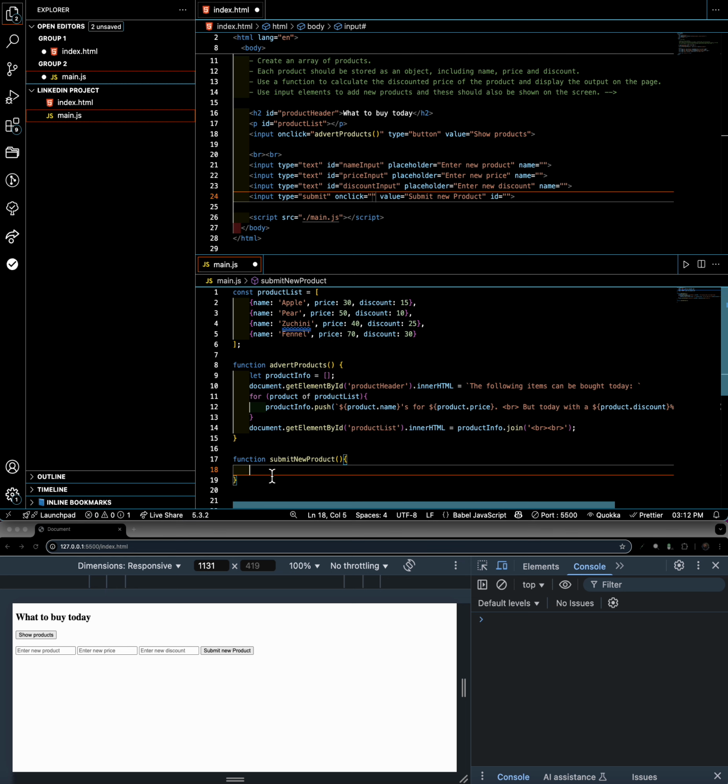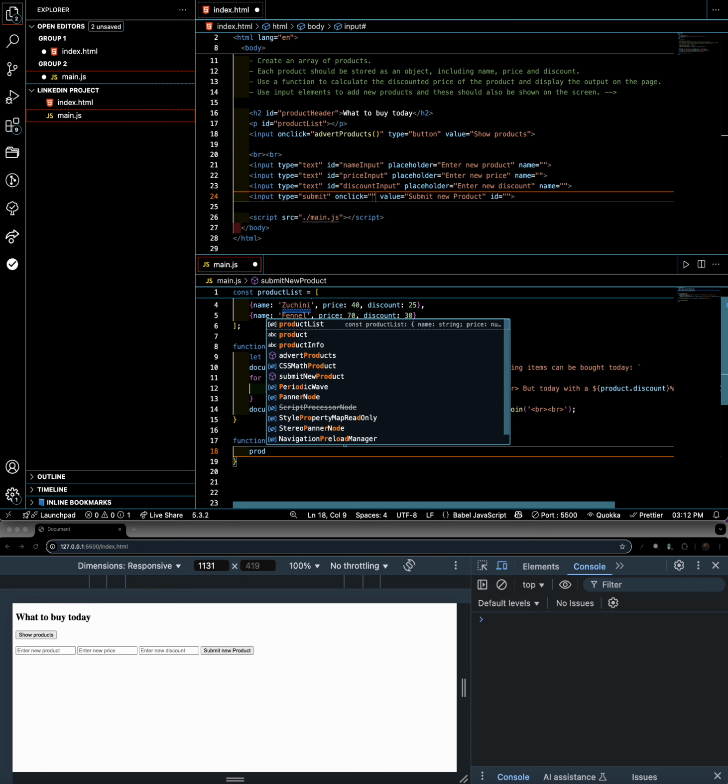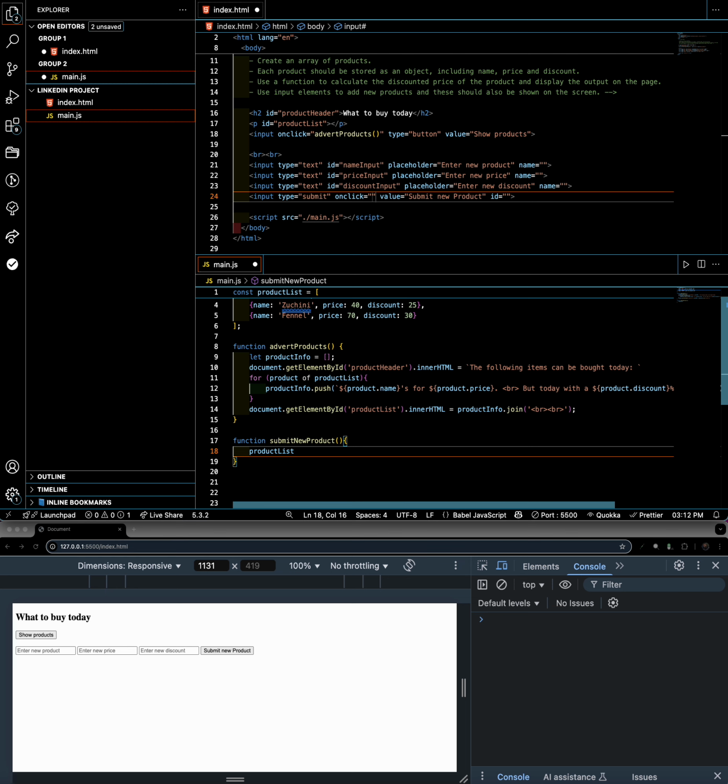So why don't we do something like this? When I trigger the function, the product list should get a new object,